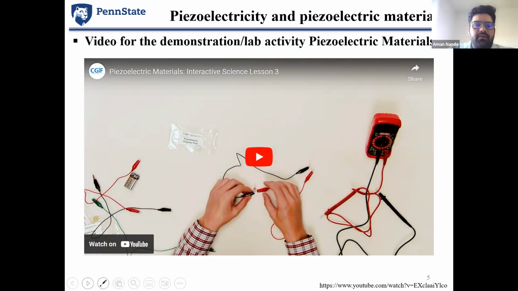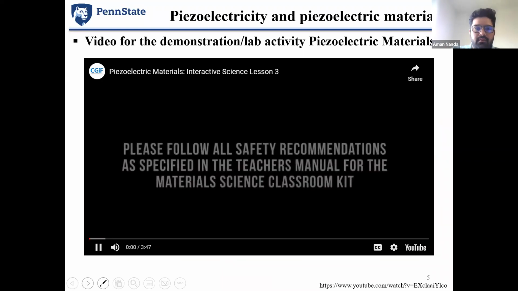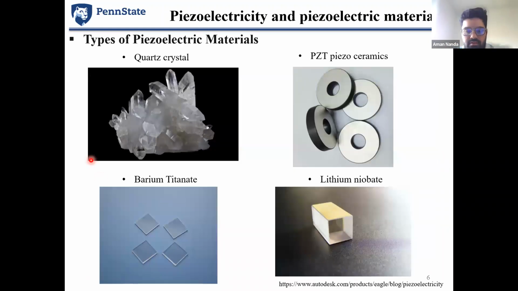So it was an interactive video of how we can determine the piezoelectric effect in polymer as well as the ceramic crystal. As you have seen, the LED was blinking when the person in the video was tapping the ceramic crystal, but in the case of the polymer crystal, he had to bend it. So it has a different mechanism in different types of crystal, depending on how we are inducing the dipole and how we are applying the stress, the piezoelectric properties